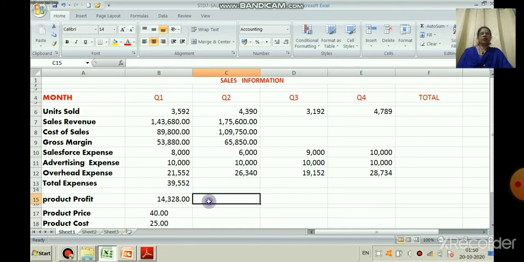How will you find out the product profit now? So, here the gross margin is 65,850 minus, now here we will put C10, is equal to C10. We will do the total expenses first, then we will do the product profit. Total expenses, how will you do? Is equal to sign again, is equal to